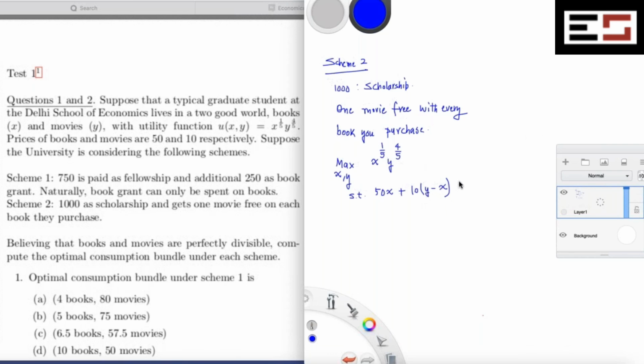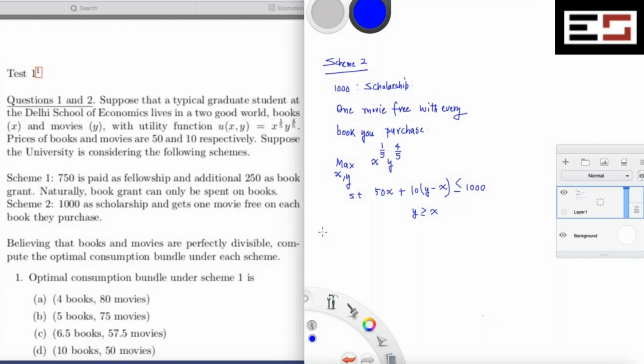Okay. And this expenditure cannot be more than 1,000. The next constraint is that the number of movies that you consume has to be at least equal to the number of books that you consume. The reason is because you will definitely get X movies free with X books. So you will definitely be consuming at least as many